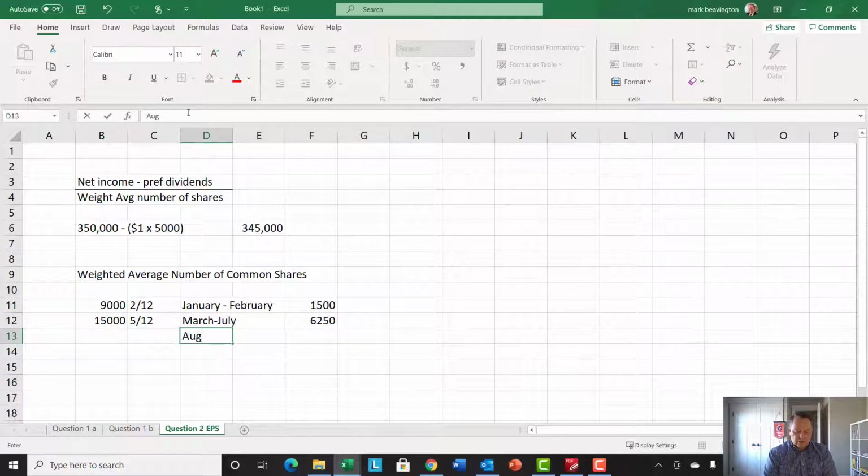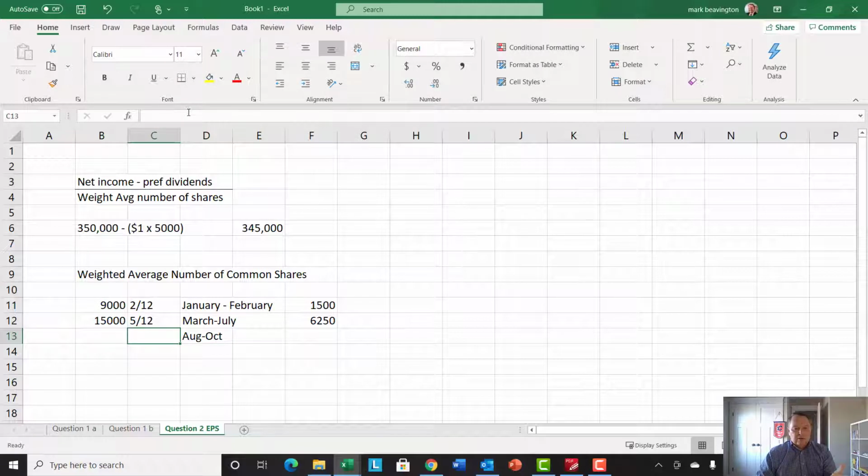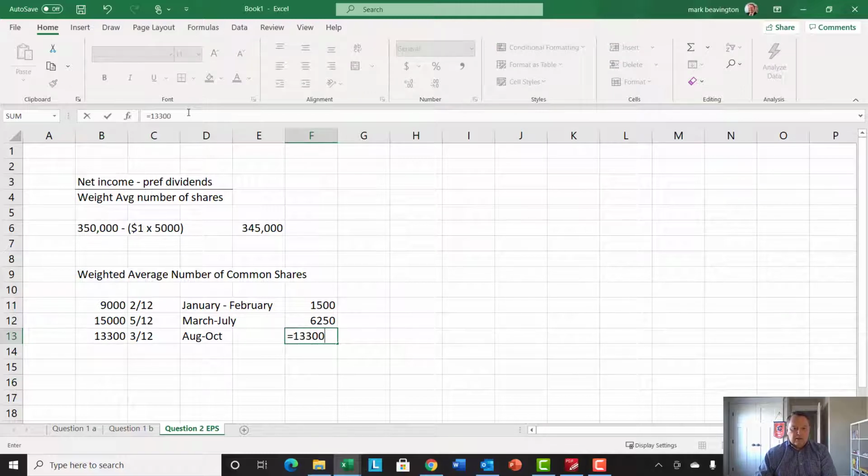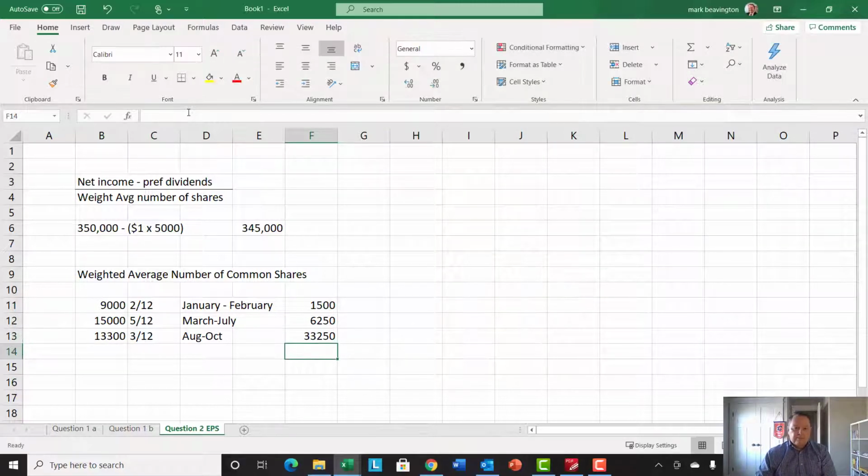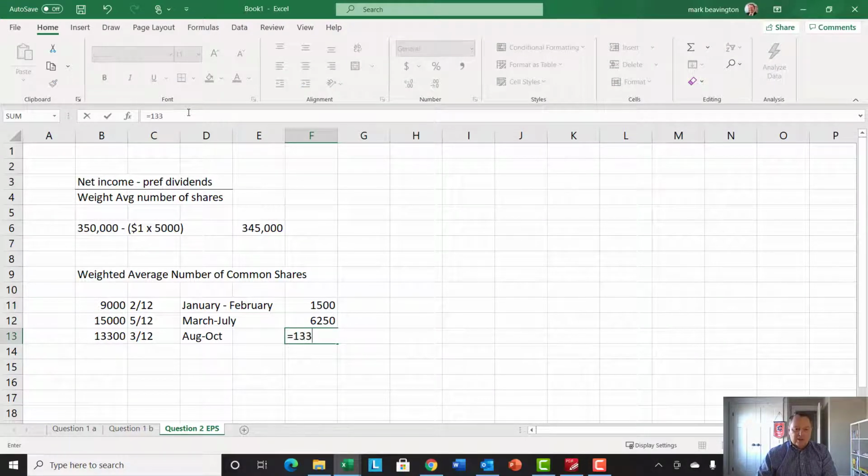Then we've got a change on August the 1st. And so August to, it looks like the end of October, because something changes November the 1st. So that's going to be August, September, October. That's 3 months of 12. And what happens? Well, we repurchase 1,700. So we should have 1,700 less. So that's 13,300 shares. So that equals 13,300 times 3 divided by 12,